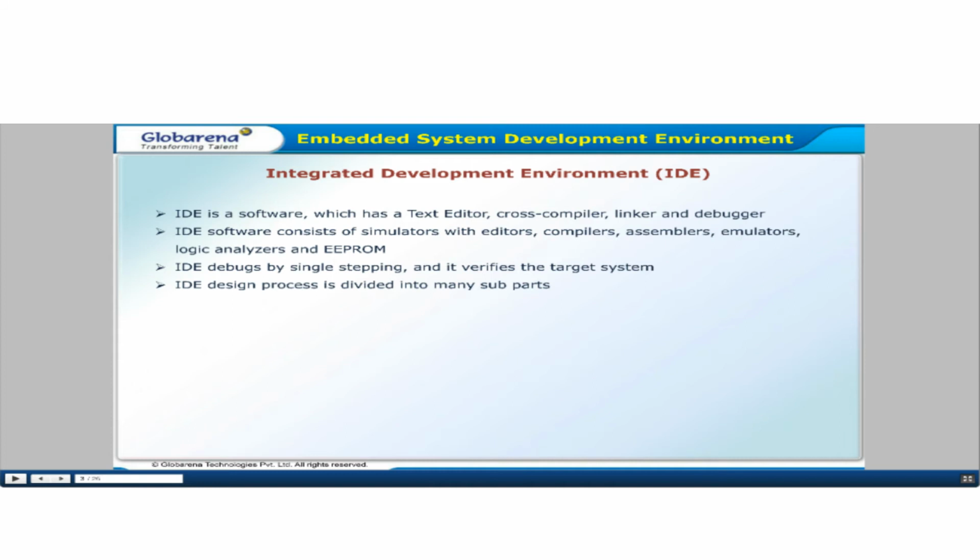Compiling means if you are writing any program in the system, this program can be compiled by using the compilers, and if you want to assemble this program for another device, this can be done by using the assemblers. Emulators are used to compare all the errors, and emulators are also used for rectifying the errors. So this is the emulators.